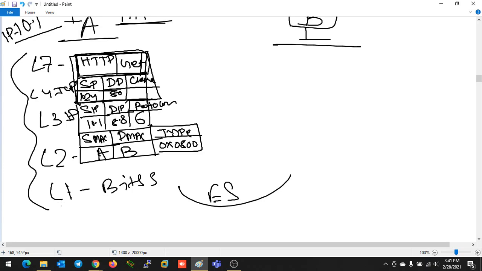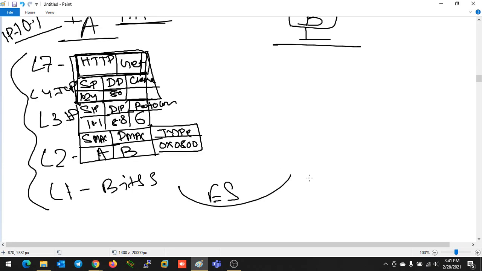From upper layer to lower layer, all the activity I am going to do is just attaching the headers and encapsulating the data inside the header. That's the process my device is going to do. That process is known as encapsulation. Now B is going to receive the data. Once it's received, it will start the decapsulation process in the opposite way.